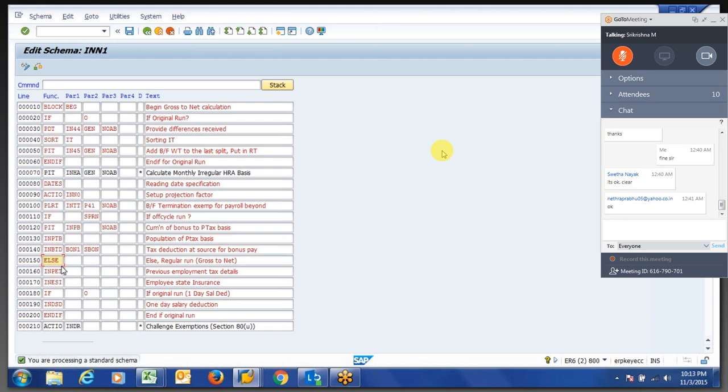Okay, so off-cycle is the same schema which you used, right? Only maybe it will be modified. Do we have to write anything for retro, or will the standard retro calculation take care? Nothing. The retro, if you are asking about India payroll, they already have retro wage steps, three wage steps given. For the customer wage steps, IN42, 3 and 4, it means if the client wants retro display in the off-cycle area.